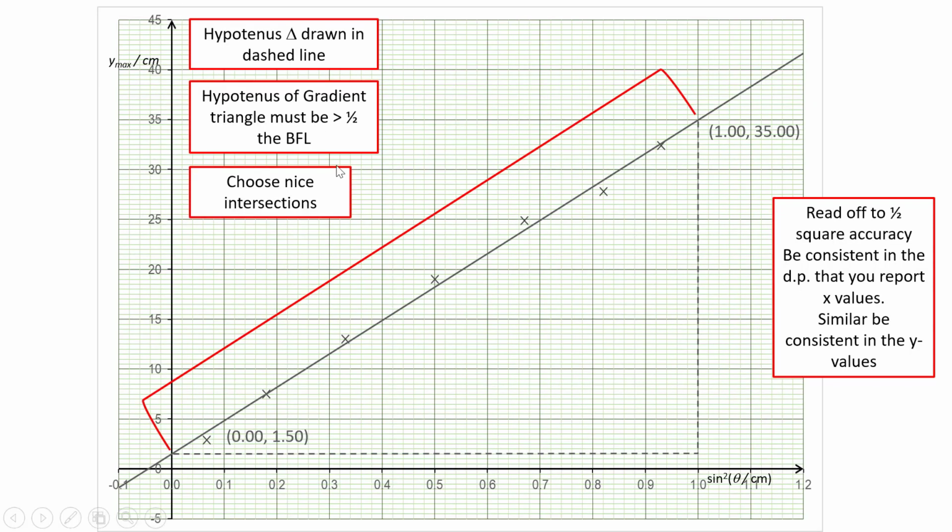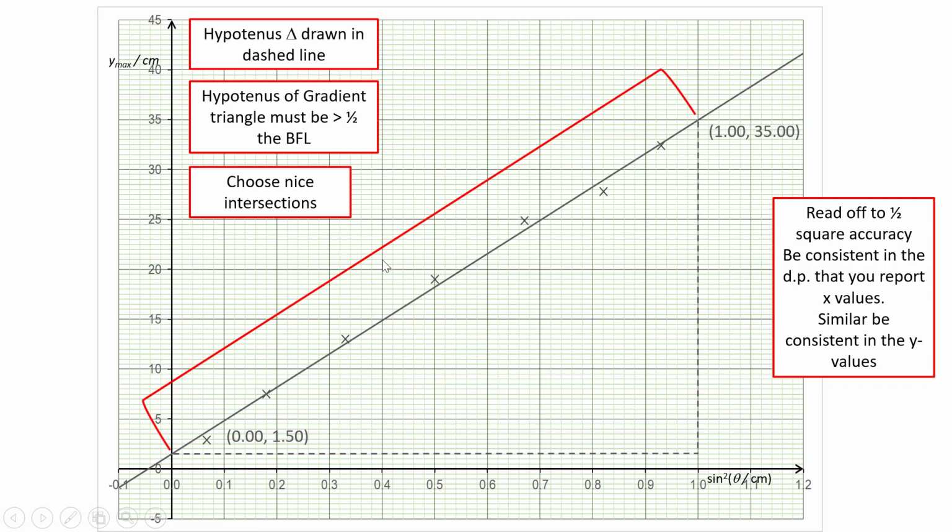The next thing would be finding the gradient. Once you have done all this, you would draw the gradient triangle. Please note that your gradient triangle should be drawn in dashed line because it is not the best fit line. You don't want to confuse the examiner. Alright? And the gradient triangle must be drawn in such a way that